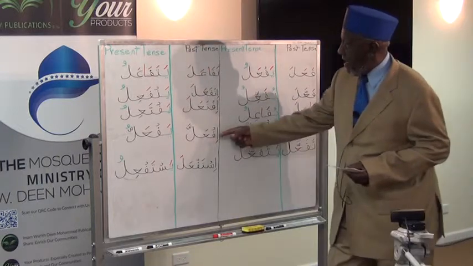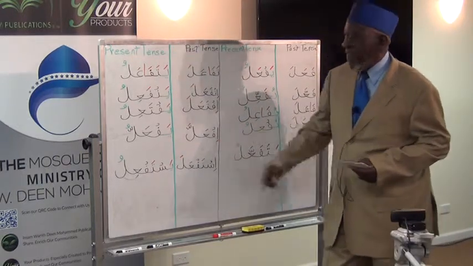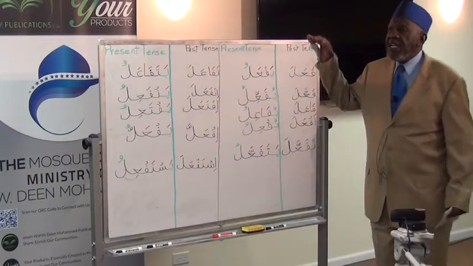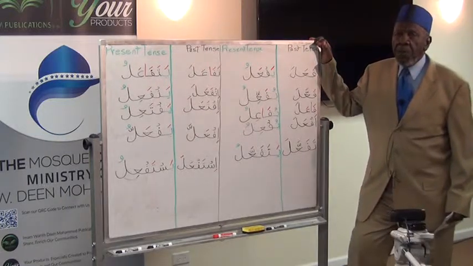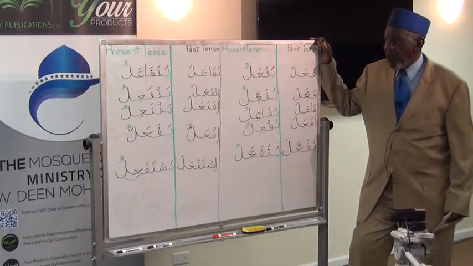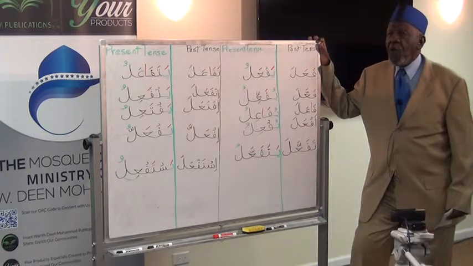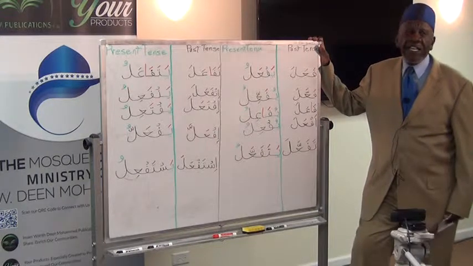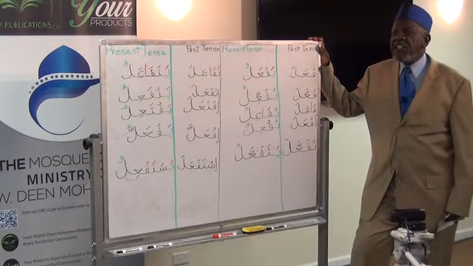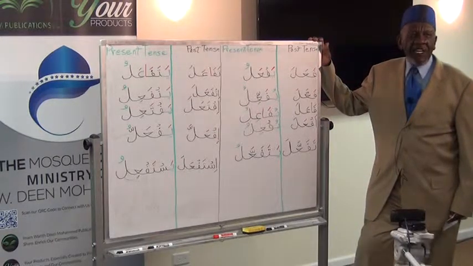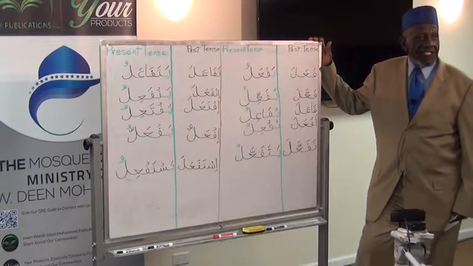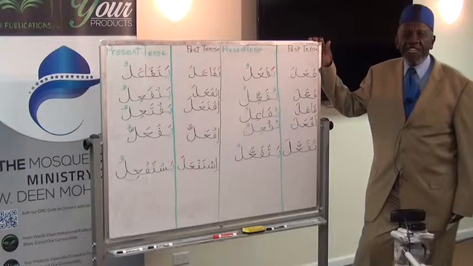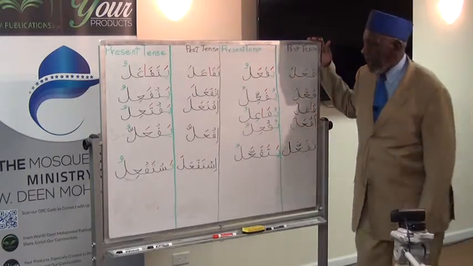And then we have if ayla. This is the only form where we have a shadda on the last letter of the root word. And so that's a good clue to let you know what form 8 is. And when you see the shadda on the last letter, that means that action is colored in some way or is defective. In other words, it's not the pure form of the action itself. Some refer to it as colored, some refer to it as defective, but it's different, okay? Okay, and then